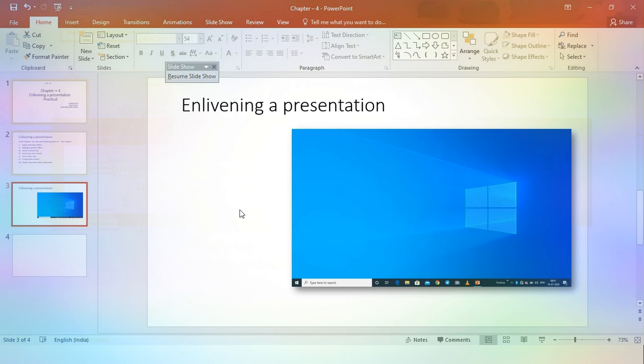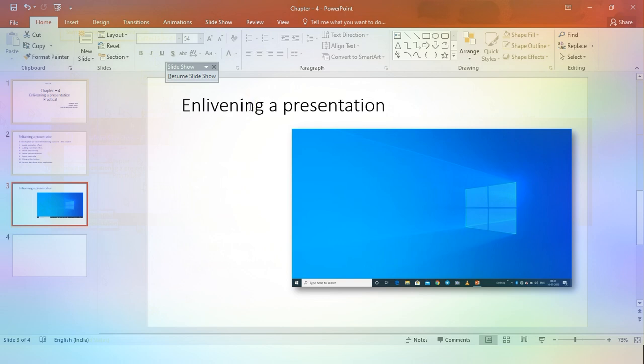The first aspect is to determine the object where you have to apply the animation. Suppose you have to apply animation to this title.